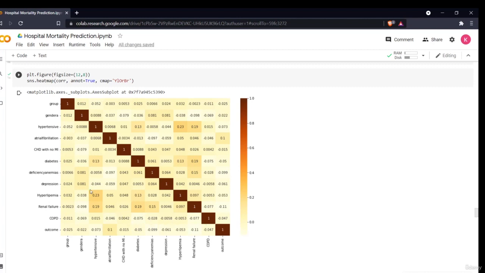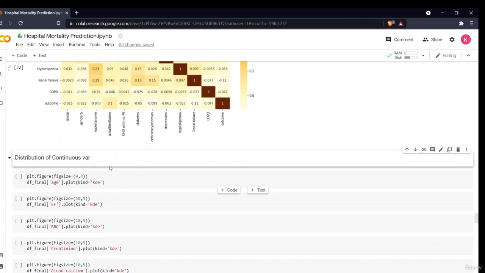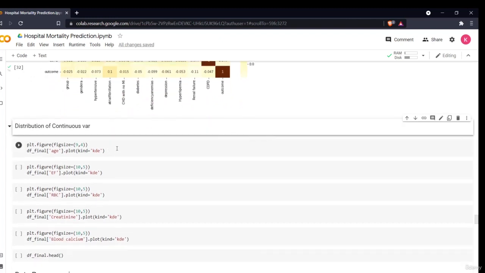But we can see that none of these variables are much correlated with each other. The color scheme is very light, and very light is for below zero. Very few of these variables are even correlated to 0.2. Even the highest correlation is around 0.23. So these variables are not that much correlated to each other, but they are correlated to the outcome. Now, the last thing we'll be doing is plotting how our